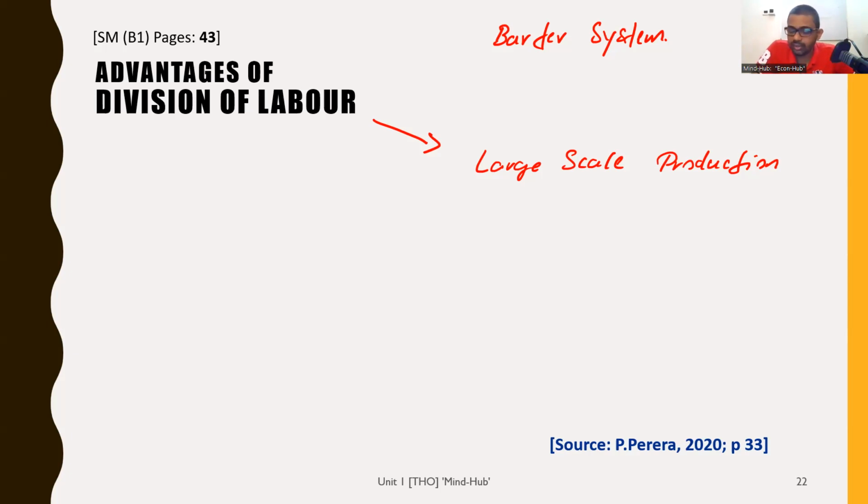Now we'll think of a fisherman. This fisherman will come back to us. We will talk about this fisherman again in Unit 7, which is money and banking. The fisherman goes out to sea, spends about 4 or 5 hours or 8 hours at sea, and captures a certain amount of fish.